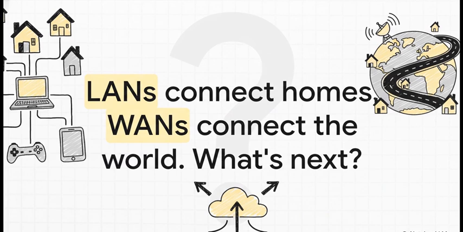So let's boil it all down. The LAN is your digital home. It connects your personal stuff. The WAN is the global highway system. It connects all of our homes together to form one world. Simple, right? Those two ideas are the bedrock of our modern connected lives. It really makes you stop and think, though. What kind of network are we going to